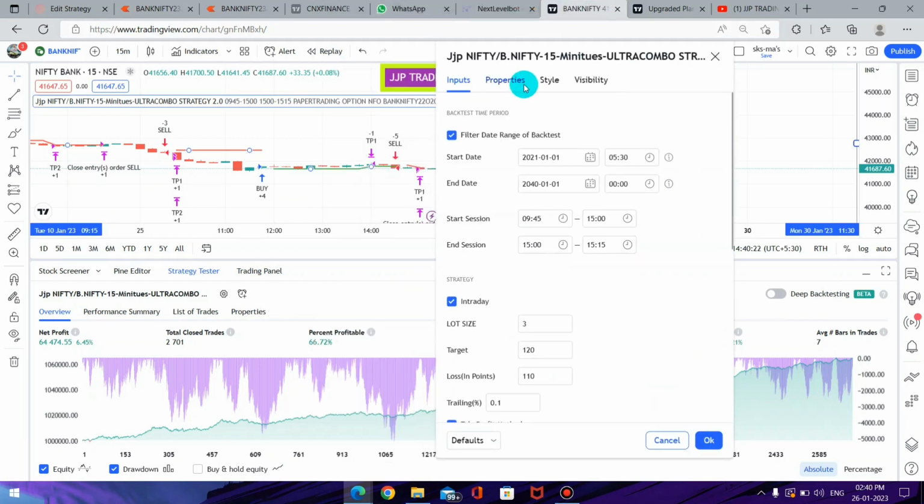So right now I have opened the settings of this indicator. The first setting is the date range. This is the date range from which to which we are going to see the backtest. It is shown here, that is the start date and end date, and the session is showing you the intraday